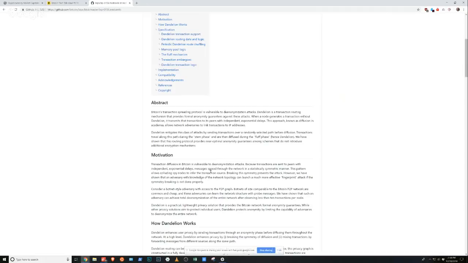So Dandelion is meant to be a way to enhance privacy by essentially going through a few hops first, and then there's a fluff phase where it actually gets diffused. If you have enough hops between when you secretly broadcast and when it gets fluffed out to the rest of the network, that would be privacy enhancing. Anyway,